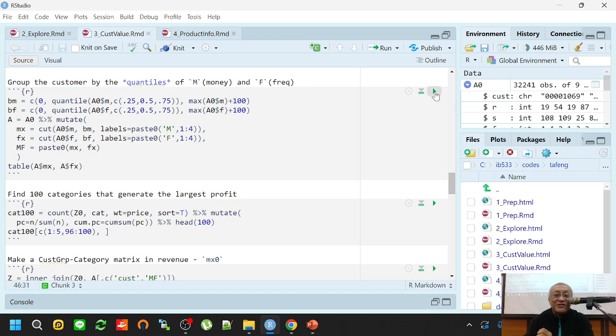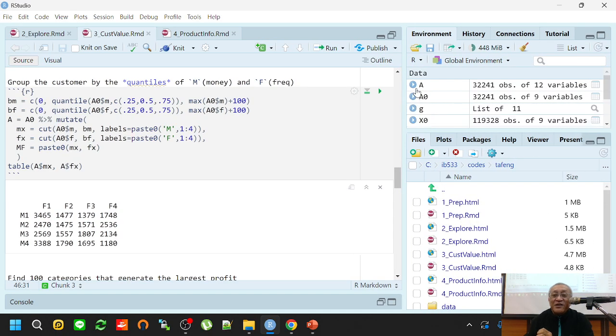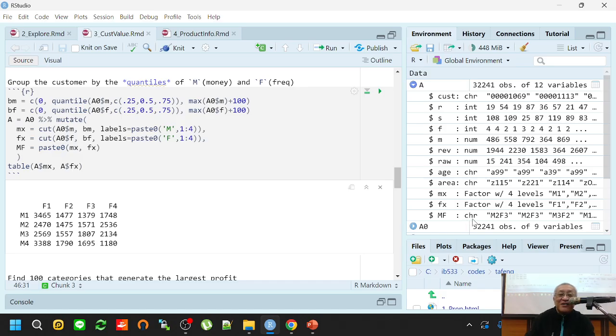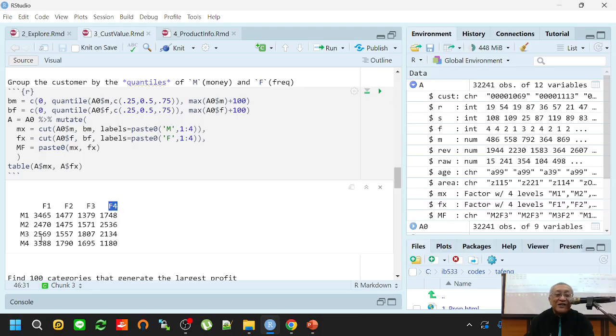After executing this code segment, in this A, you can see that for every customer, it's divided into M1 to M4, and also divided into F1 to F4 group. So the F4 is like the customer who buy most frequently, and the M4 is the customer who has the